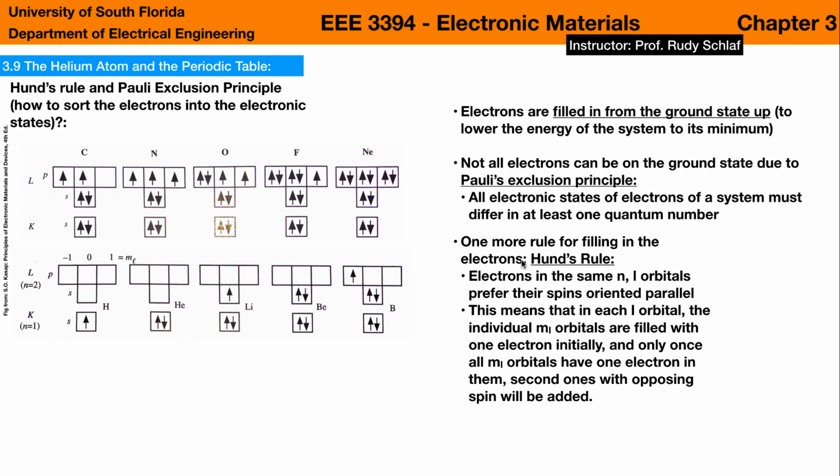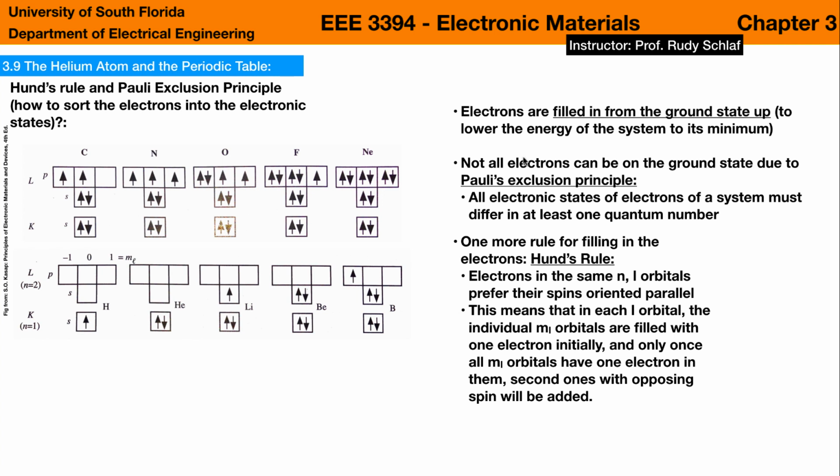And then we have a third rule, which is called Hund's rule. So Hund prescribes that electrons prefer to be next to each other with the same spin. And that's also again for lowering the energy of the system as much as possible. That means that electrons are stacked in with the spin in the same direction into L shells, and only when the L shell is completely full with electrons with the same spin, then we start filling in electrons with the opposite spin